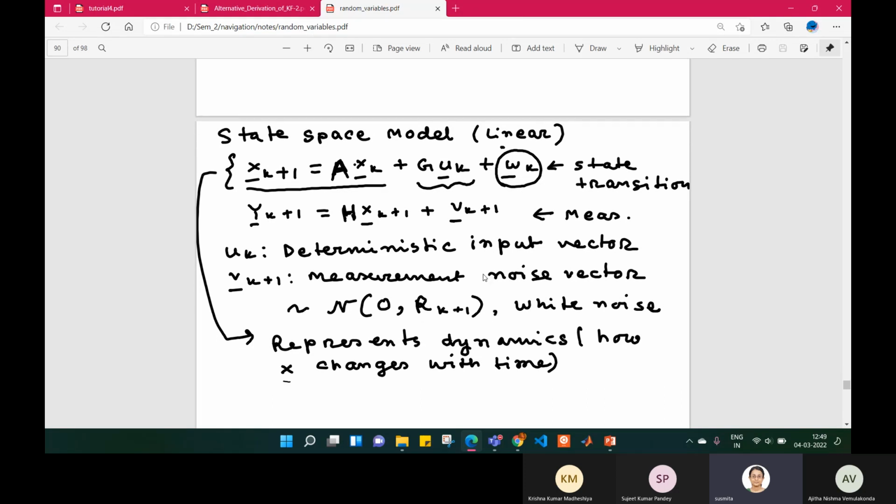So now that you have A equal to 1, Q is 0 because there is no process noise. H is also equal to 1 because you will be processing one measurement at a time. It is recursive in nature. So you need to process one measurement at a time, right?